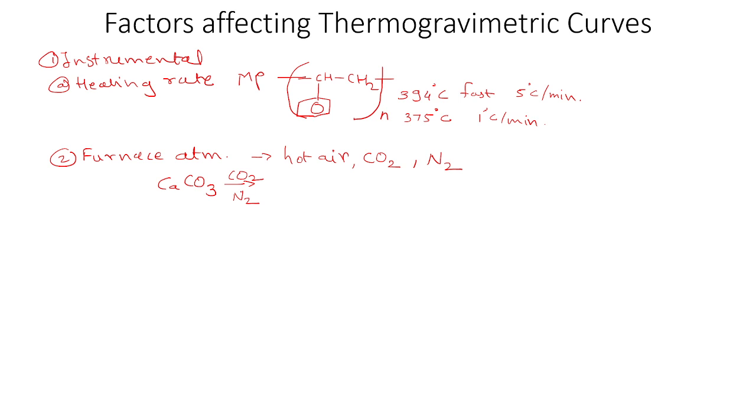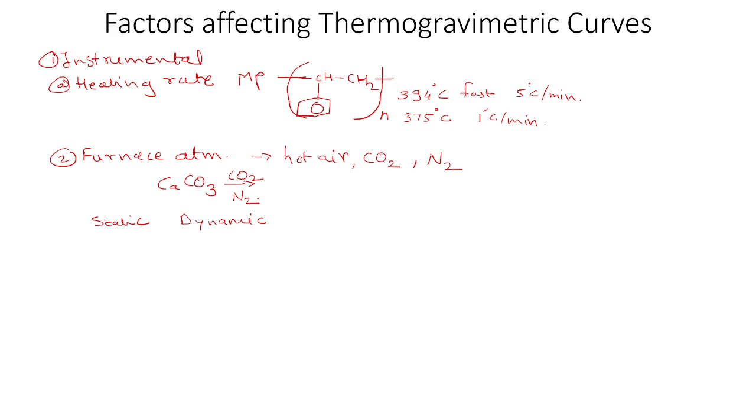What is that? One is static air. Static means which is not dynamic. In this case, air from the atmosphere is allowed to flow through the furnace. That is the static air. Then second is dynamic air. In this dynamic air, compressed air from a cylinder is allowed to pass through the furnace at a measured flow rate. Static means there is no pressure from outside, but in the dynamic method it is compressed so that it will be passed through the furnace at a faster rate.